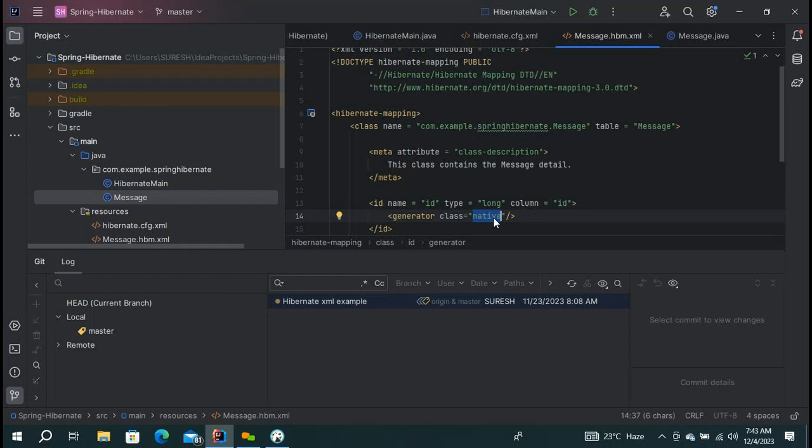So the generator provides the ID related values automatically here. Okay, so we discussed the identity generator, the dialect related generator, and we have caching related settings. We have different types of caches, and mostly Hibernate uses EH cache. We'll see one example on the EH cache, what exactly it will do. And another one is